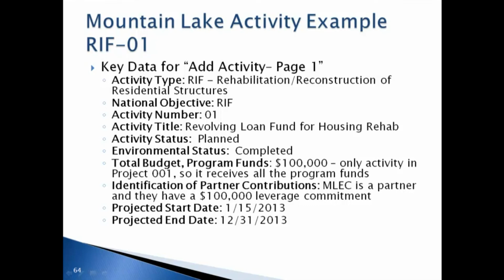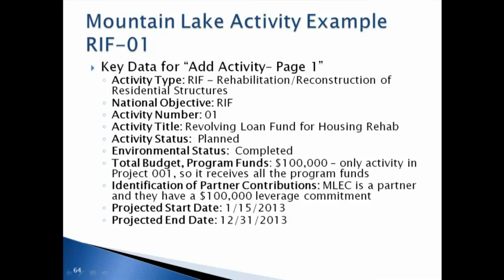Here we do a specific breakdown from the Mountain Lake example, showing the specific data entry fields for the Add Activity Page 1 screen and the inputs for this example that would go in order to represent the Mountain Lake activity RIF